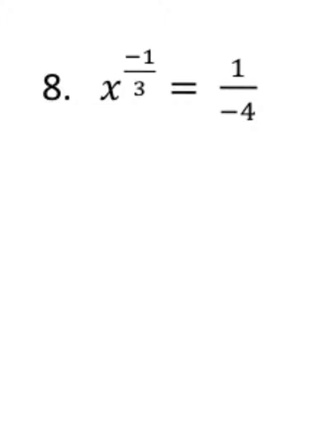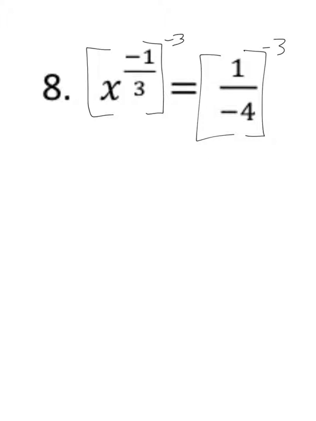Okay? A lot of people get overwhelmed with this one because not only do we have a fraction in the exponent, we also have a fraction in the full problem. But it's okay. It works out nicely, actually. So we're going to go ahead and do the same process. Take each side to the reciprocal power. So the reciprocal of negative 1/3 is negative 3. So then when this cancels, we're left with x equals, and I'll just rewrite this, 1 over negative 4 to